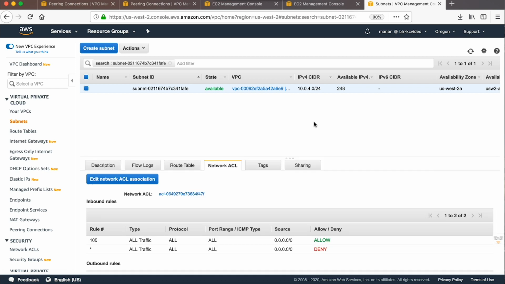Verify that traffic from the client instance is allowed to go out from the source VPC. To verify this, navigate to the security group and NACL of the EC2 instance.